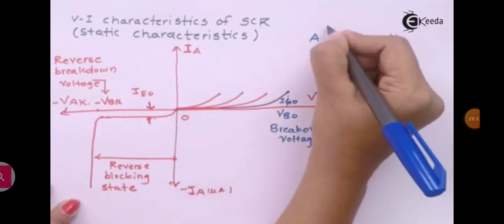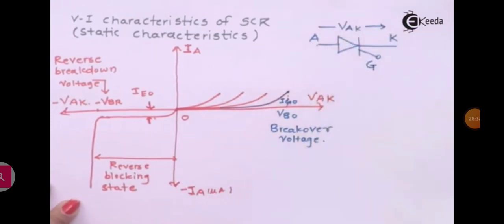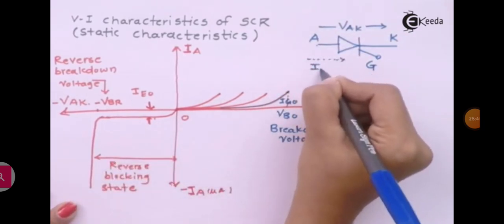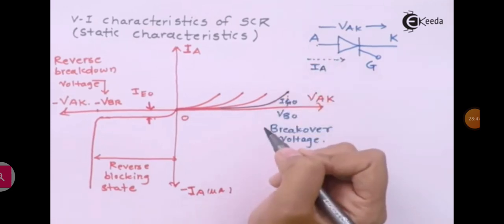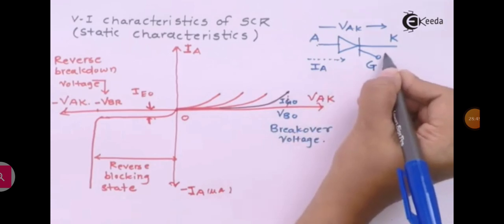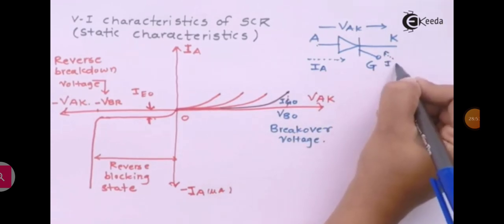So VAK is the voltage drop across anode and cathode, and I have the current which is IA. So this is the conventional direction of current which flows through an SCR,